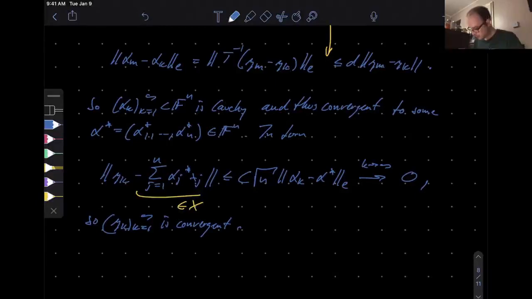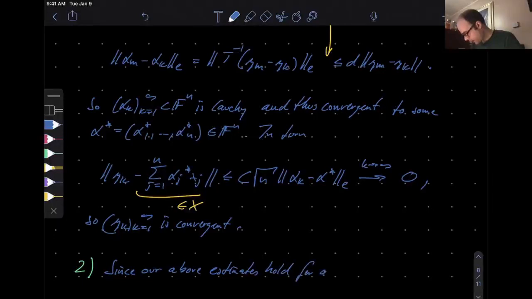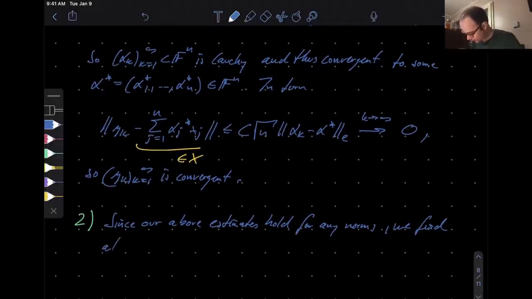Property number 2 is actually now super easy with our work up front. This is about the equivalent norms. Well, since our above estimates hold for any norms, when I started estimating, it didn't matter at all what kind of norm we put on it, so I can now do it for the 1 norm and for the 2 norm. We find at once